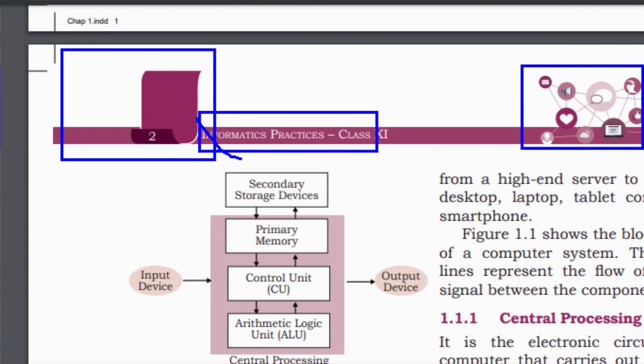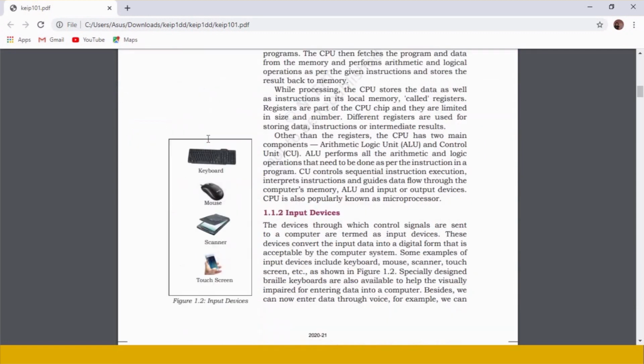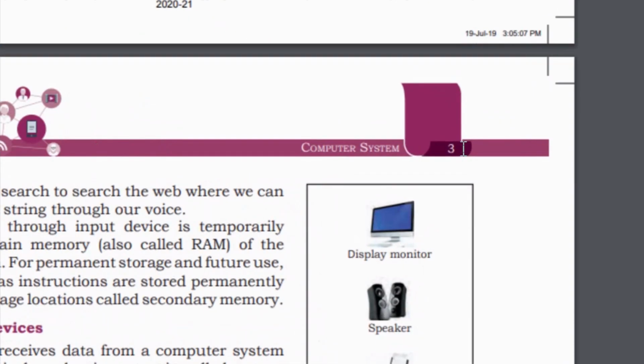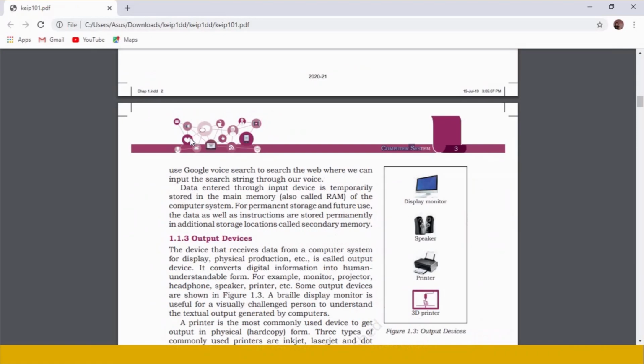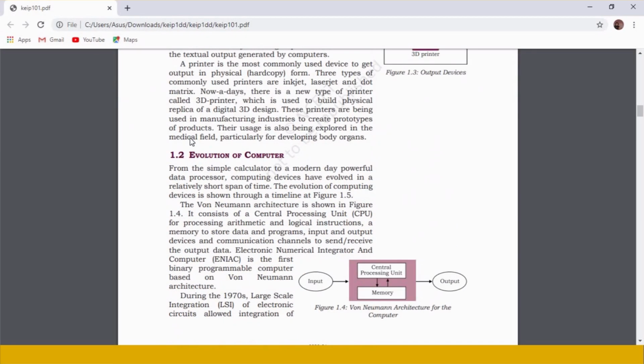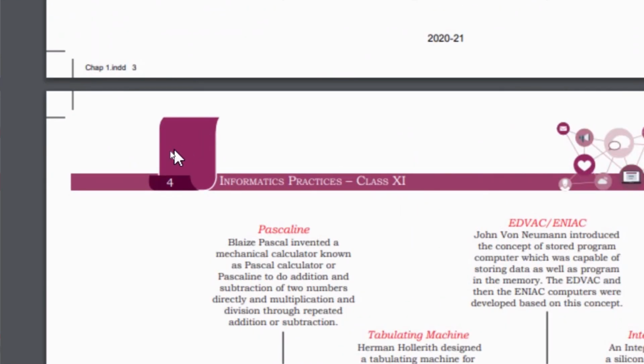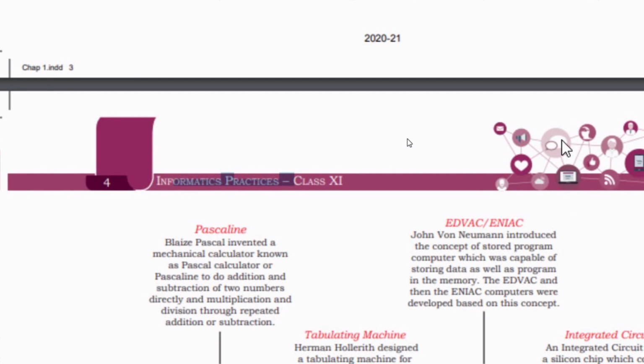And when you scroll down this file, on most of the pages, now this is an odd page, that was an even page, page number 2, this is page number 3, and here you can also view the page number. The name of the chapter is written over here and then a graphic. Again I am scrolling down. Now we reach an even page and it is similar to the second page. Here the page number is written, name of the book is written, and then a logo is printed over here.